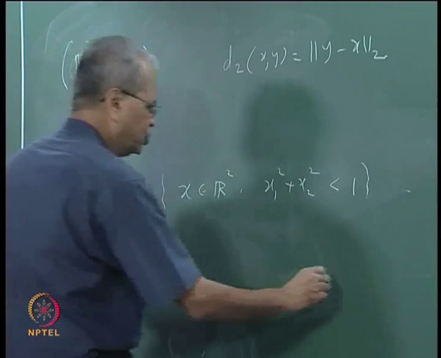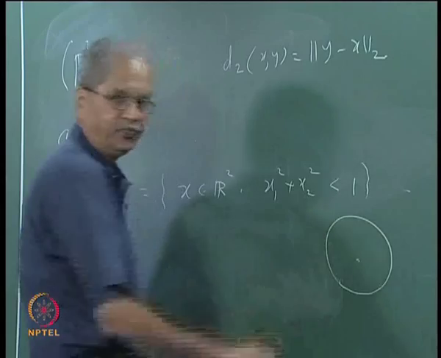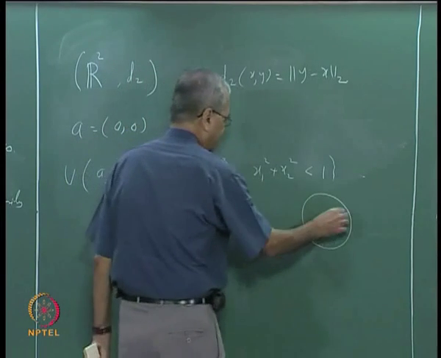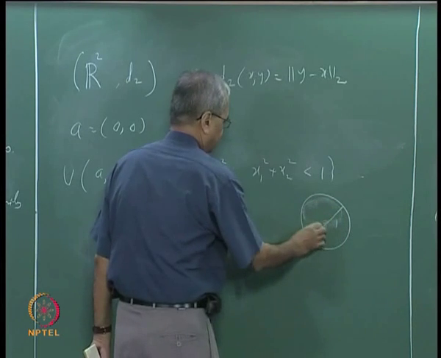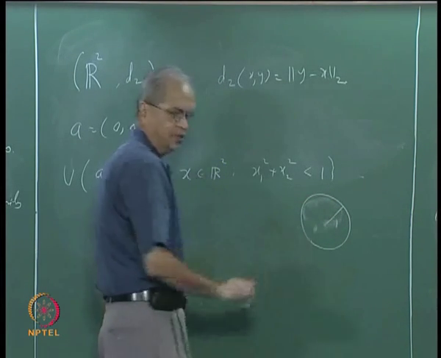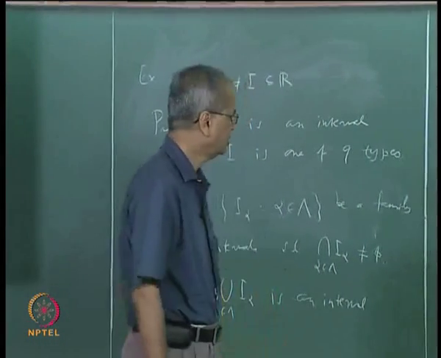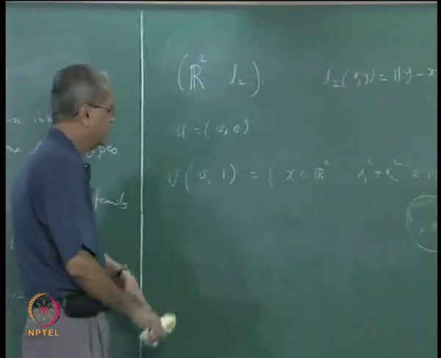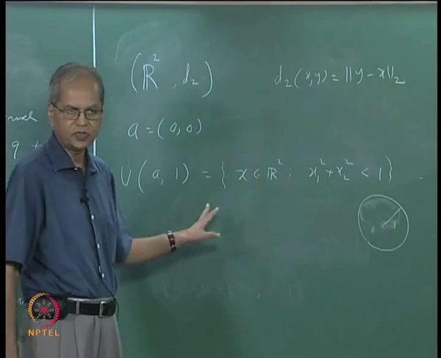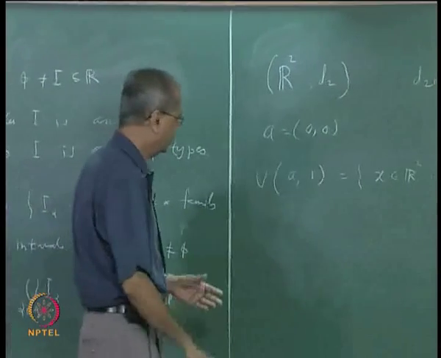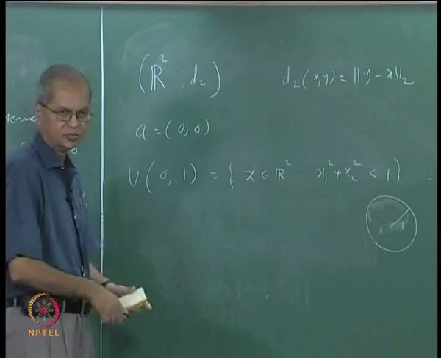So this is nothing but what you would usually call the region enclosed by the circle with the center at the origin and radius 1, which is inside, excluding the points which lie on the circle. That is the reason why some books call this a disk with the center at A and radius 1, which is more popular in complex analysis books. They will call such sets disks.